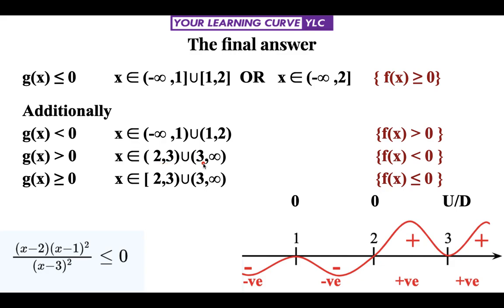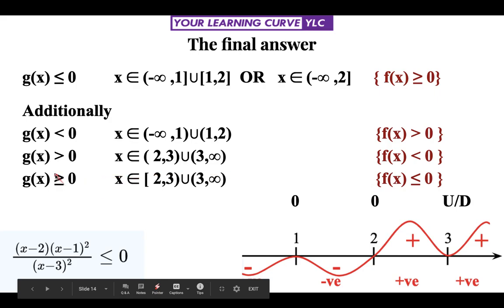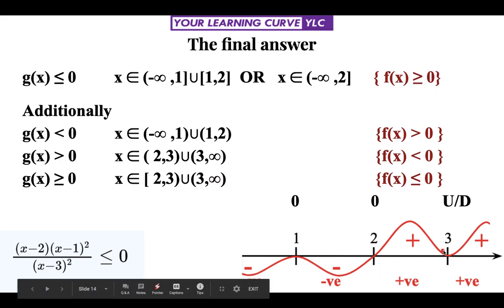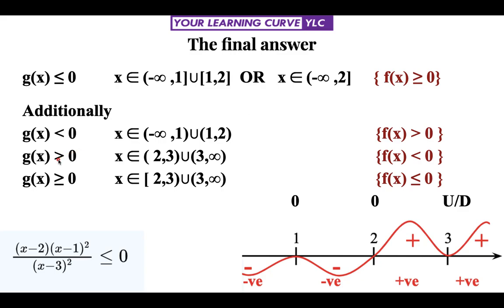Now let's see whether to include the end points or not. At 2, the value of the function is 0. Here we need strictly greater than 0. We cannot accept equal to 0. So we put an open bracket at 2. At 3, once again, even if the function was 0, we could not include it because of the strict inequality. But the problem is that here the function is undefined. So whether it is equality or inequality, we have to exclude this point. So open interval 3 to open interval infinity. In this interval the function will be strictly negative.